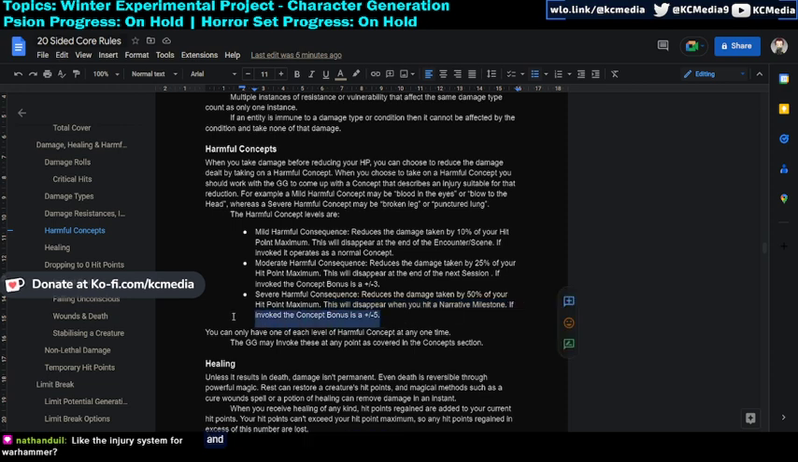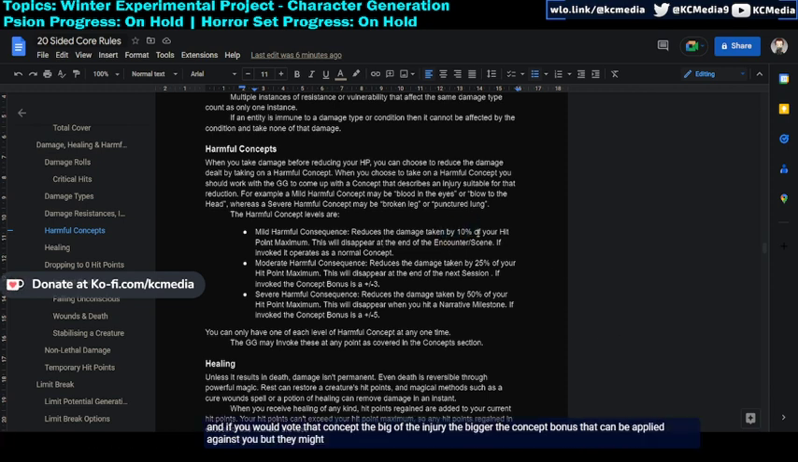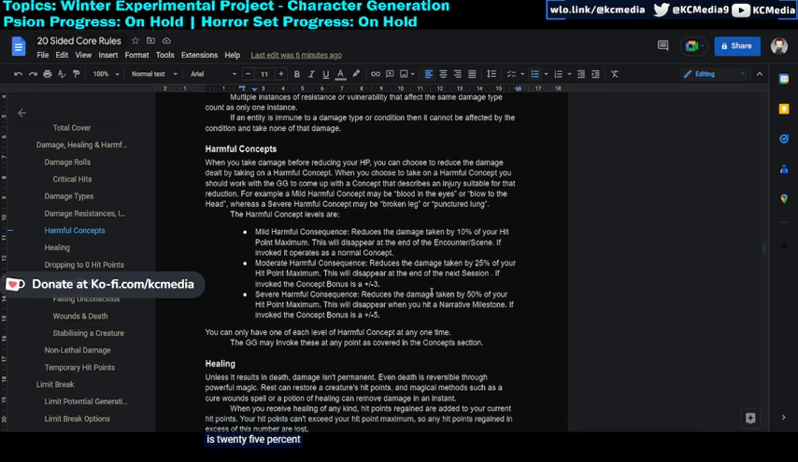And if you invoked that concept, the bigger the injury, the bigger the concept bonus that can be applied against you. But as I said, mild is 10% of your hit point maximum. Moderate is 25%. Severe is 50%. So you're reducing a load of damage, but you're applying to yourself. It's not so much an injury,